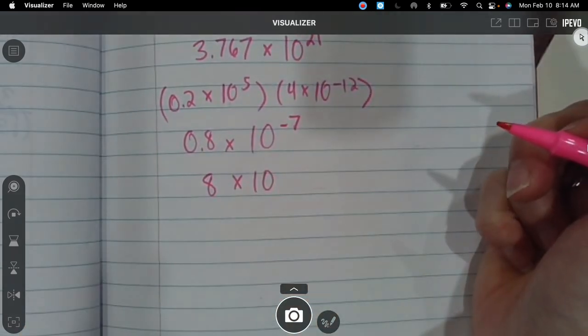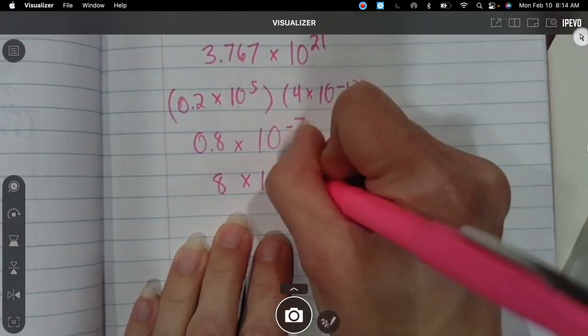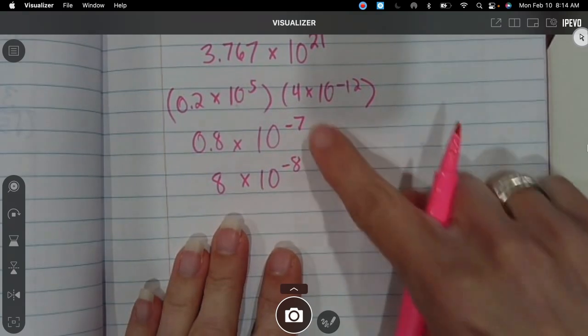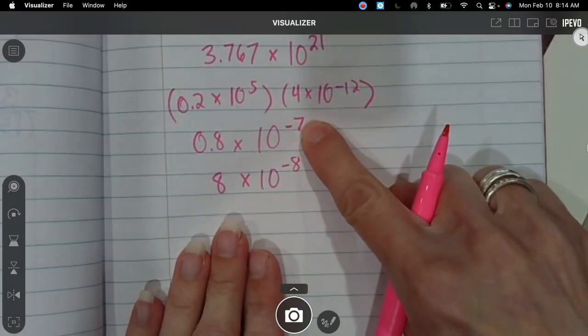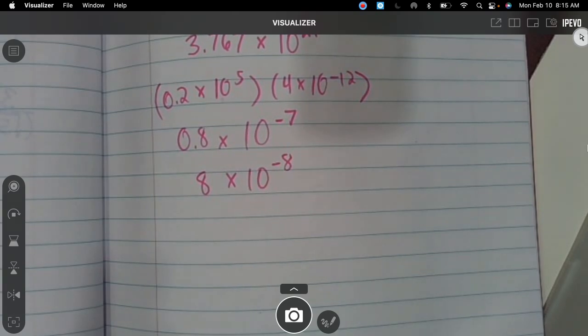What happens when you move the decimal to the right? What did I say you do? You don't add 1, you subtract 1. So it becomes negative 8. Because what's negative 7 minus 1? Negative 8. We don't, again, do a whole lot with scientific notation. But